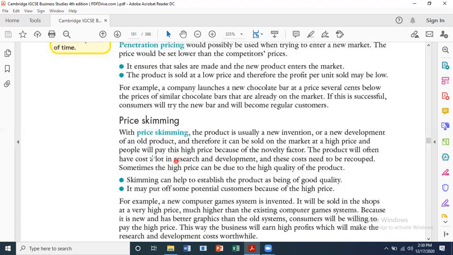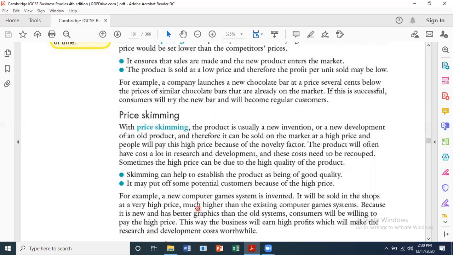The product will often have cost a lot of research and development, like a Lamborghini, Armani, or maybe a Rolex watch. And these costs need to be recouped, or maybe a 4K TV. Sometimes the high price can be due to the high quality of the product. Skimming can help to establish the product as being of good quality. It may put off some potential customers because of the high price. For example,